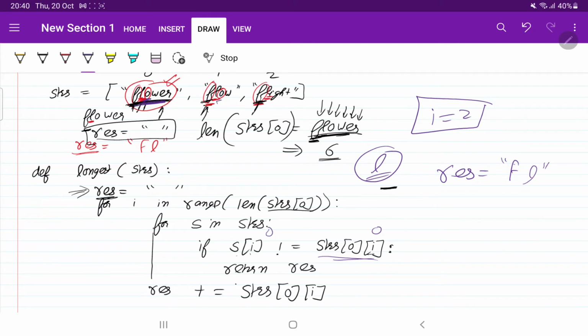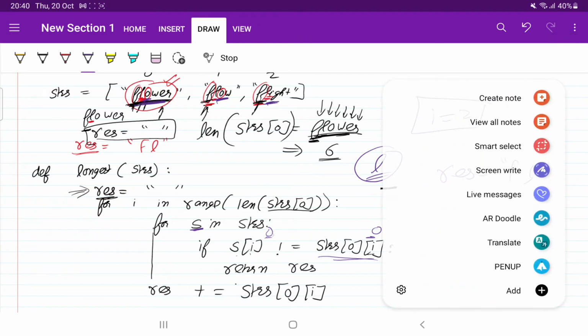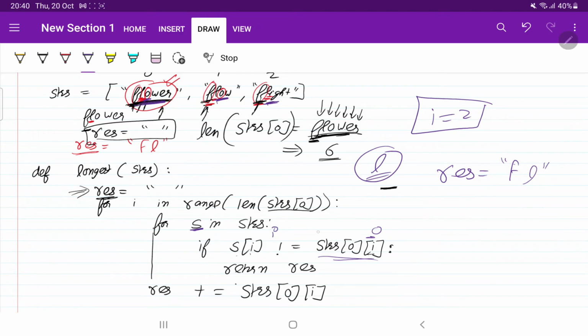Yes. Then we will come to the second word, because here we are traversing all the words in the list. Then we will come to flow. Again O is matching with O. Yes, it's matching. Okay. Then we will come to the third. In third, what is given here? It was given as I. So here it is I and here it is O. As you can see, the third character in this word is I. So I is not matching with O. So we are going to return the result. We know that the two characters that are common are F and L. So finally we have reached the solution. It means this is our correct approach.